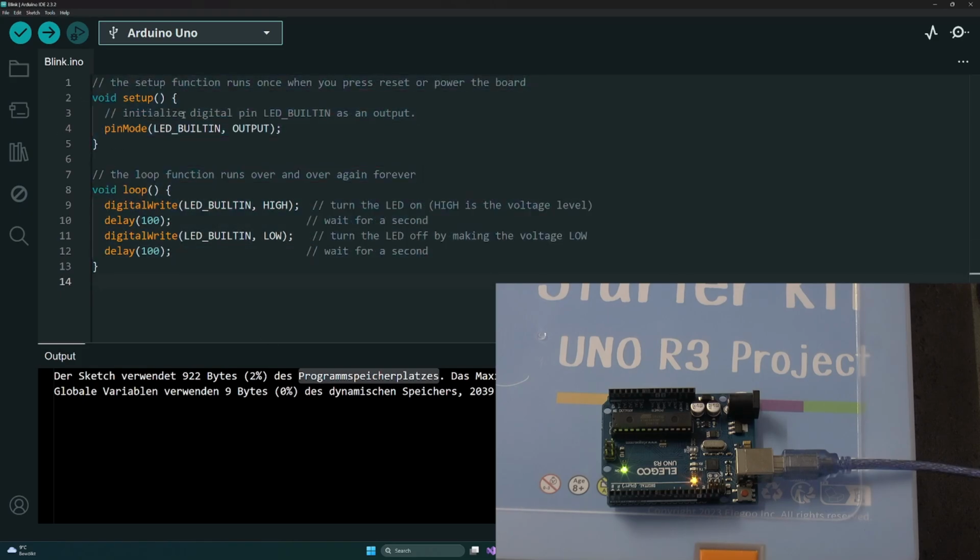So everything, the main loop from Arduino, this pin mode function, the digital write function, the delay function, the main function from Arduino. All of these plus the code that I have written takes 922 bytes, which is equal to 2% of my total